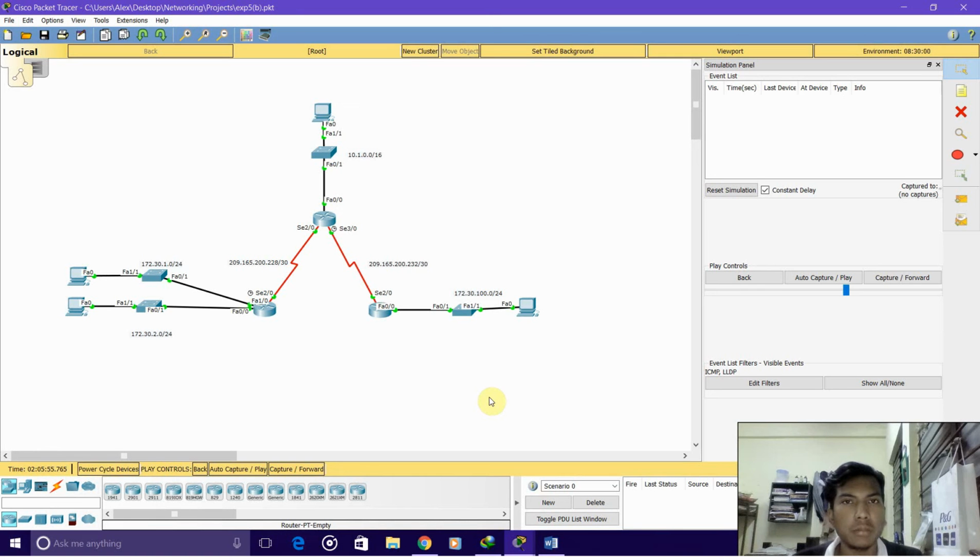So moving on to the second part of the experiment, here we will discuss RIP version 2. This method of dynamic routing supports all kinds of IP address. That is, it is a classless IP address. So it supports subnetting and VLSM. So it is more advantageous than version 1,